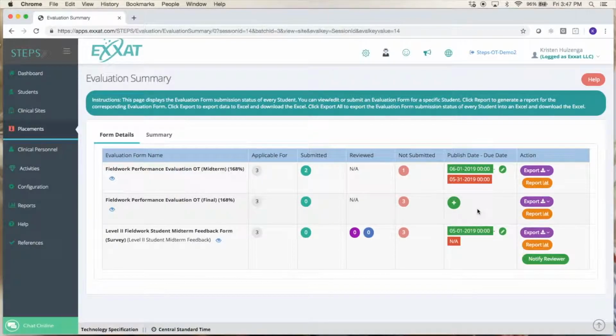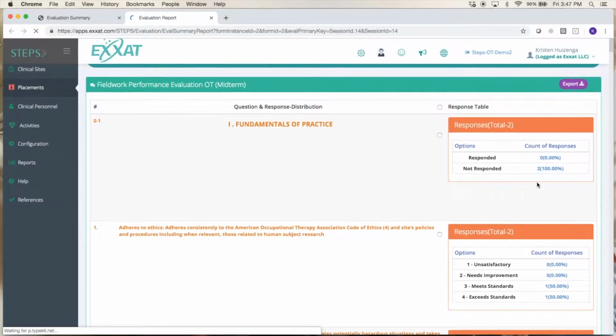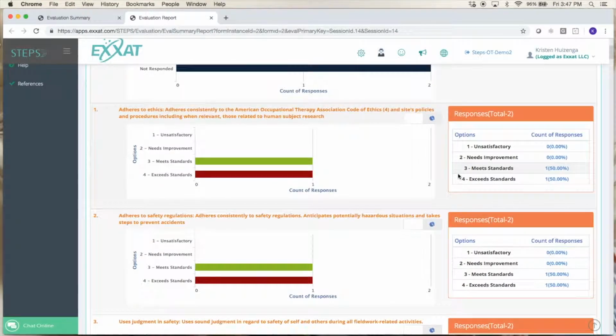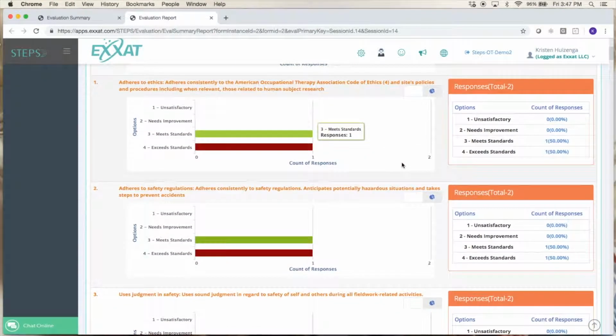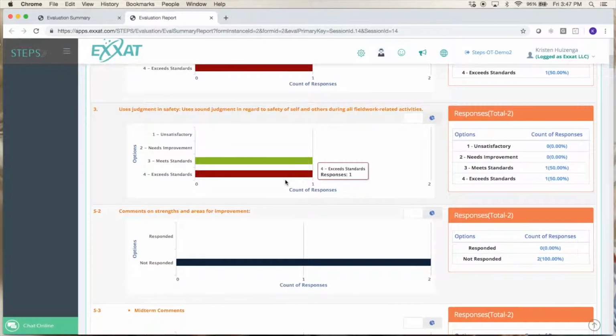And then you have some other items you could take a look at here if you need to. If you need to export these to Excel or anything like that, you absolutely can. And then a really nice feature we have here is this orange report button. So if I want to see how all of my students have been doing for that midterm FWPE, I can take a look here and I can see for each question, what types of responses my students have been getting. So here it's going to show me I have one student getting a 3, one student getting a 4,